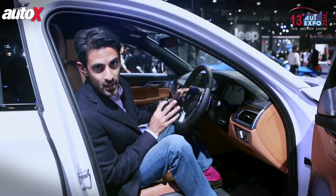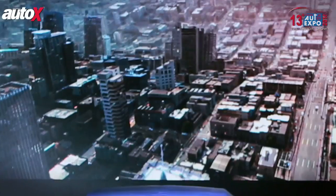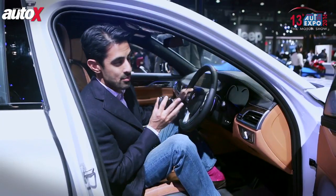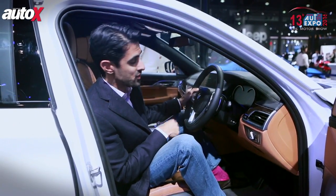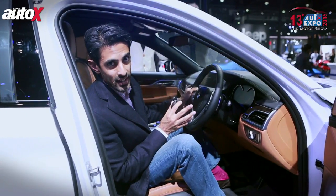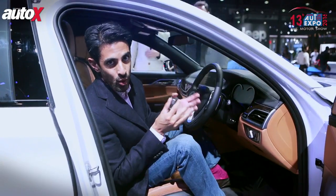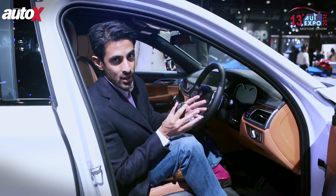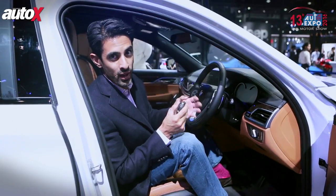So we first drove this car last year at a racetrack in the US. Now, you wonder why BMW would let you take their biggest, most massive flagship luxury sedan onto a racetrack. Well, it's because it handles like a dream. It shrinks around you and it really handles like a sports sedan. Now, I don't know how BMW engineers can make a car as big and massive as this handle so well,